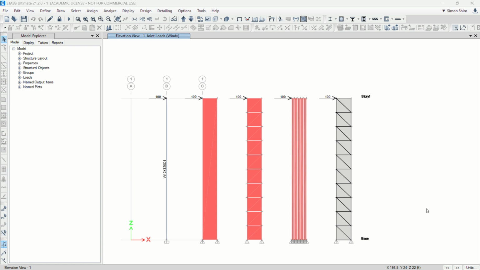But we often also use triangular elements, right? In ETABS, though, you'll see that this triangular element is not really meant to work in our vertical wall